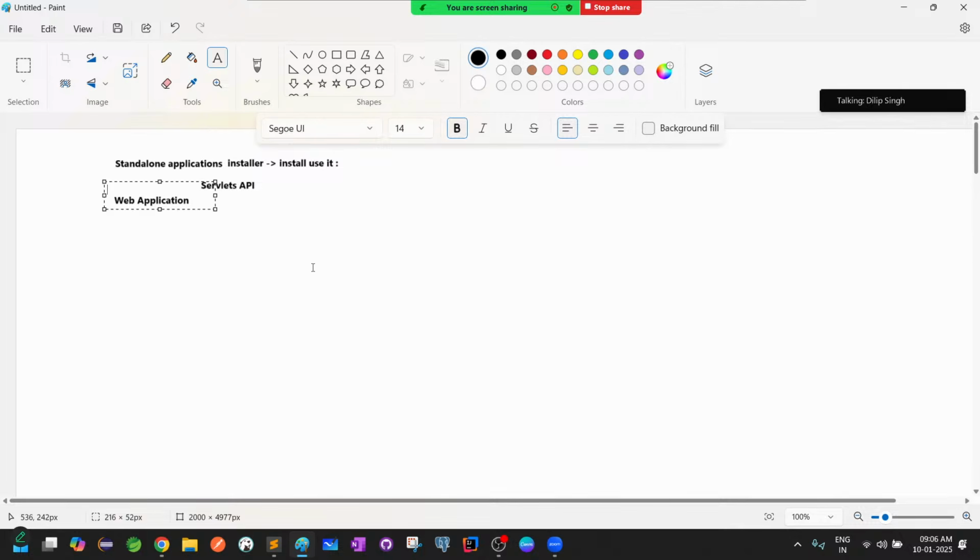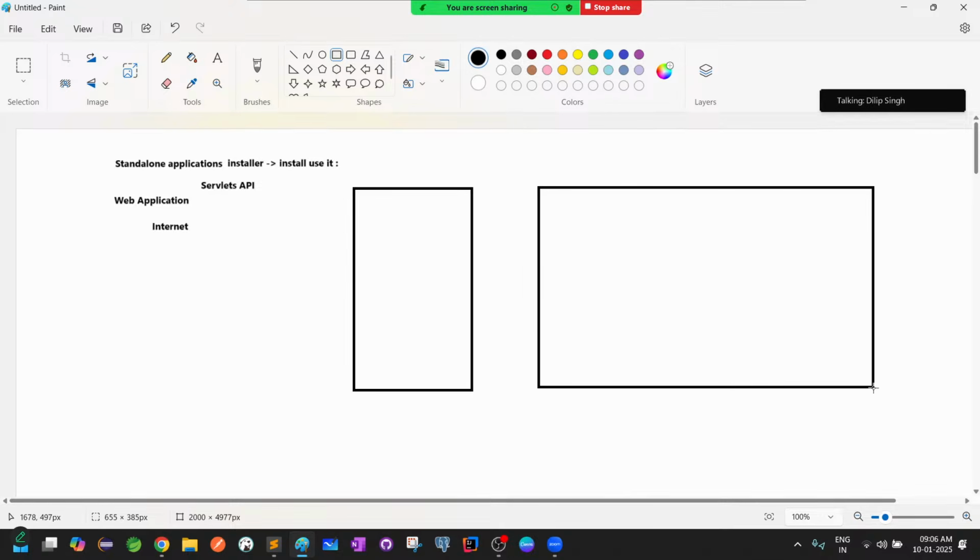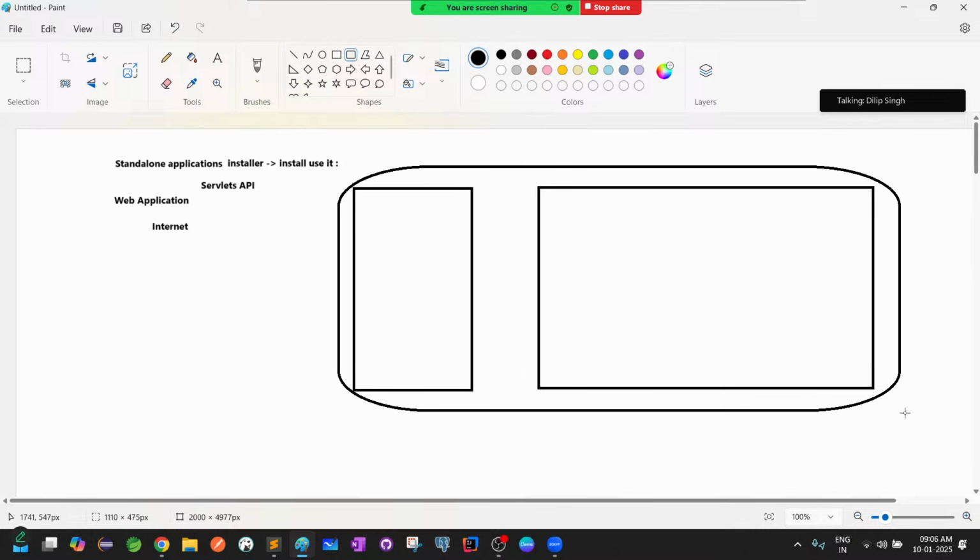Okay. So the point of a web application here is the internet. Web represents the internet. That means we are going to build an application with respect to web functionalities, which requires the internet. You will always have a client server architecture. So when you are implementing a web application, you always have a